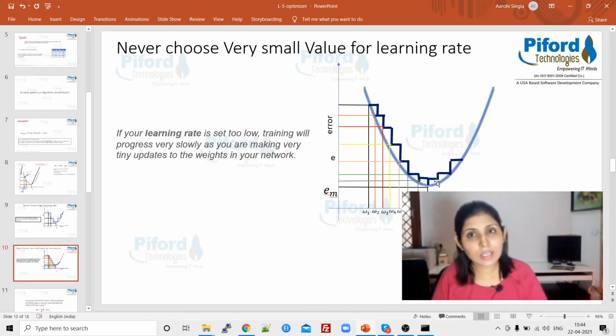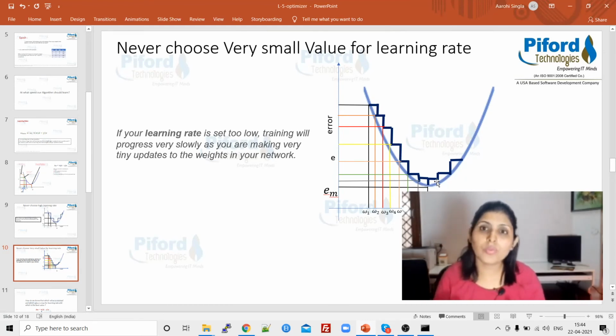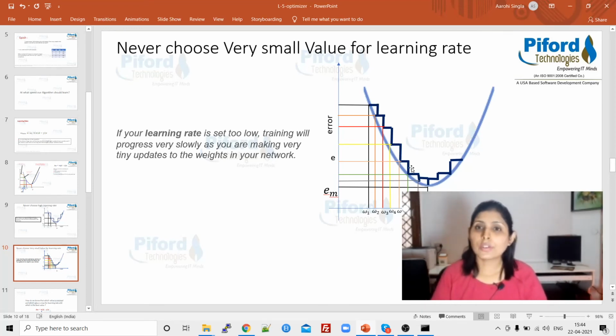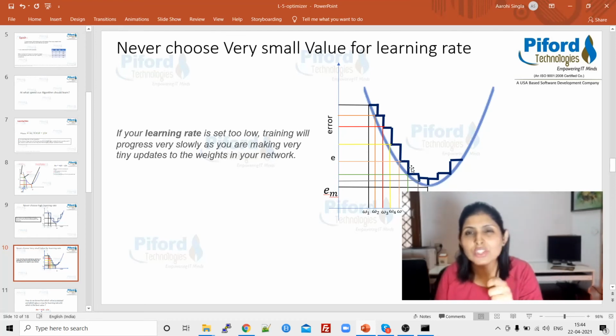Now, the next thing is never choose a very small value of learning rate. What will happen if you choose a small value of learning rate? See, consider this picture. Over here, we are taking a very small step. When you choose a small learning rate, your algorithm will take so long to get trained, because we are choosing very small steps, and we are making very tiny changes in our weight values.